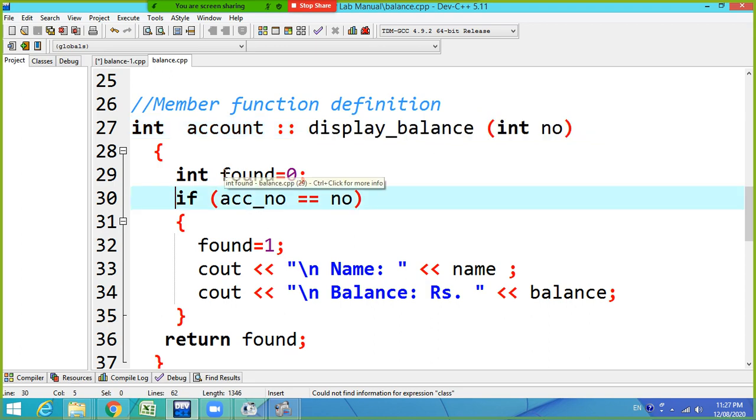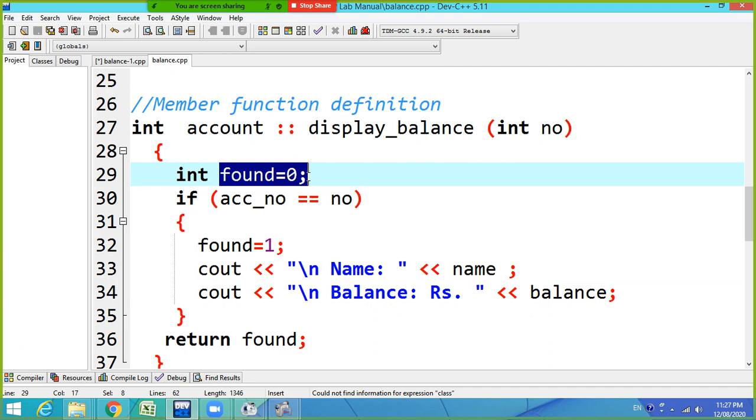Now here I have used one local variable found, initialized to 0. So int found is equal to 0. 0 means not found, means account not found. I will assume that the account is not found, and if the condition is true, I will make the value of the found variable 1.